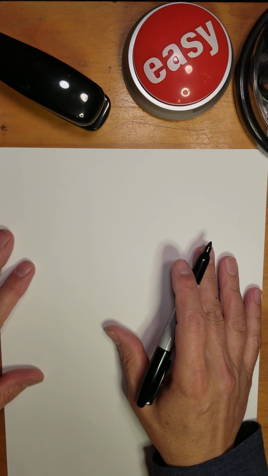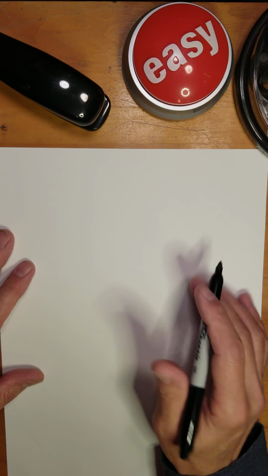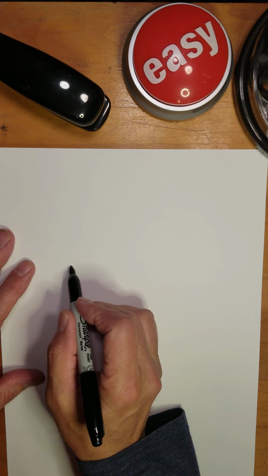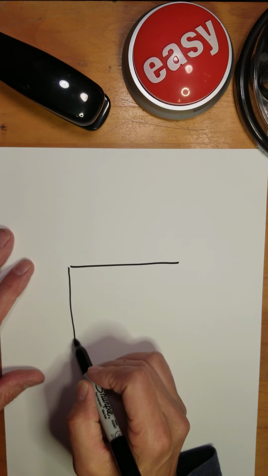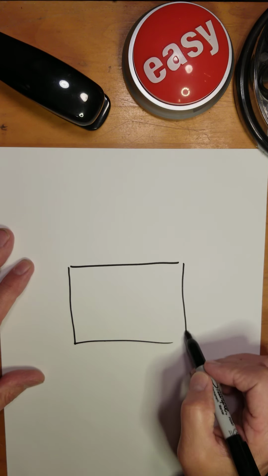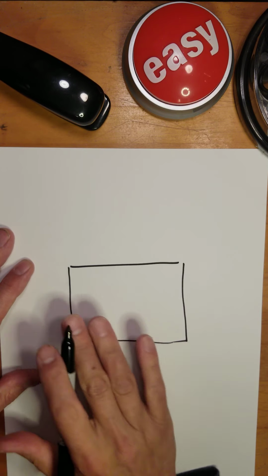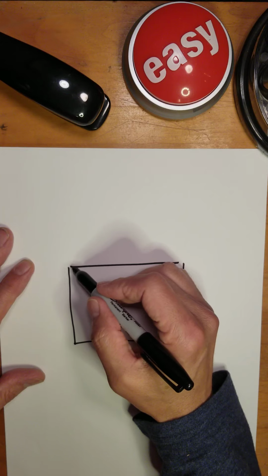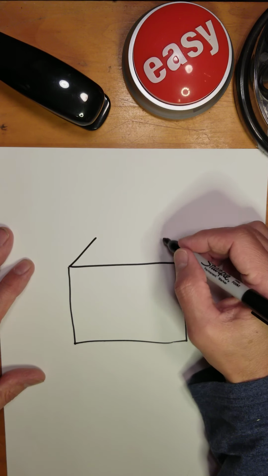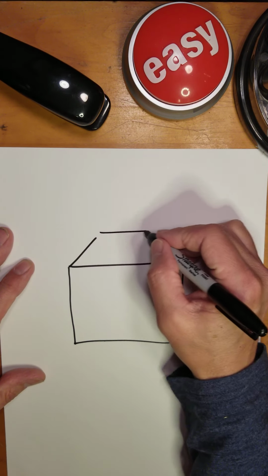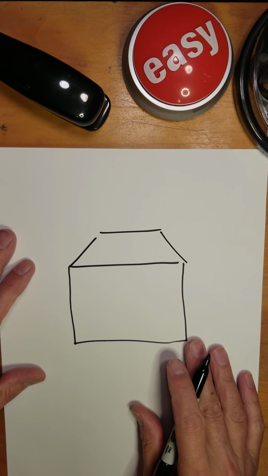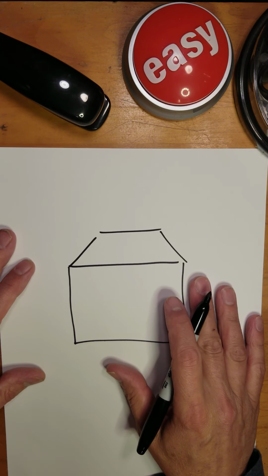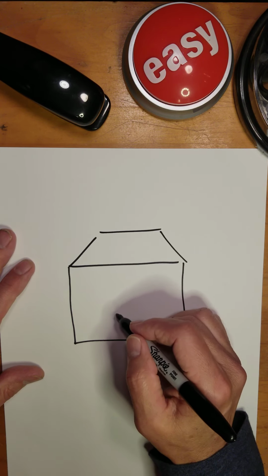So as an example, I'm going to do a simple salt box house, which is a little bit of a square, but kind of a little longer on the sides. And it has a trapezoid roof, which is also known as a hip roof. These were indicative of like the 1930s. And then I'm going to do